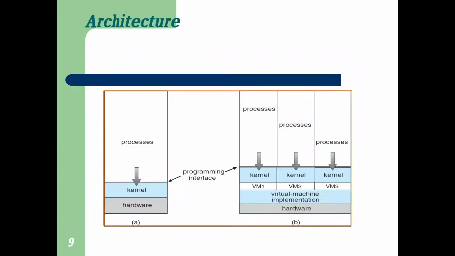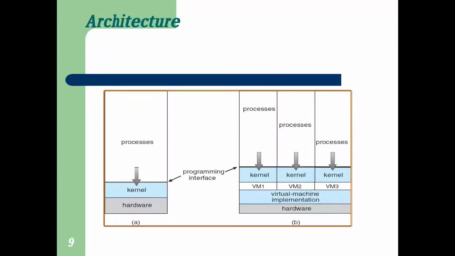Okay, this is how processes are executing; they can use the kernel and later the hardware. But if this is a system which has any one operating system, and this operating system is already there, I will install one program or one software, that software itself, if it is a virtual machine. If you use that virtual machine, that also gets installed into this system through the programming interface we call,